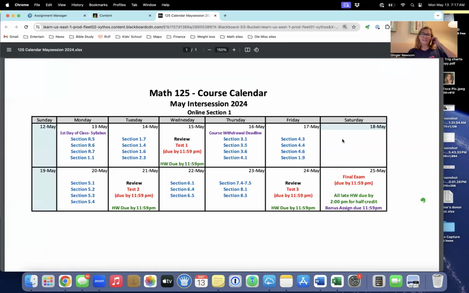All righty. So as you say, today's our first day. I've set this out just as a guide for you, covering 4 sections each day. Now you could jump ahead if you're feeling good, or if you get behind, you could make a lot of that up on Tuesday. You just don't want to get behind, because you notice today is Monday, we have Tuesday, and then Wednesday is our first test.